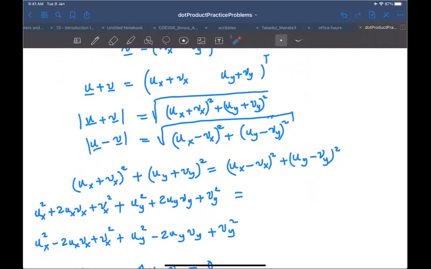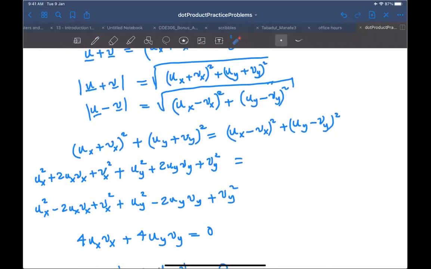But it will simplify to a very simple equation. Because Ux squared will cancel with Ux squared on the left and right hand side, Vx squared with Vx squared, Uy squared with Uy squared, and Vy squared with Vy squared. So you are left with